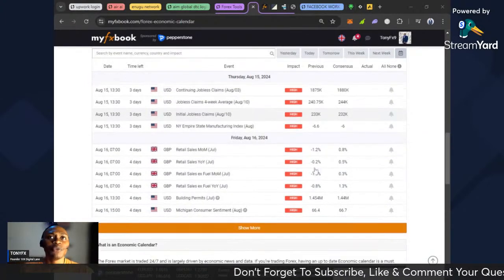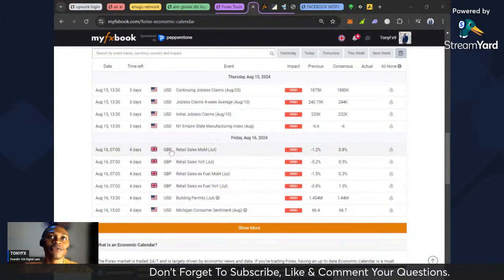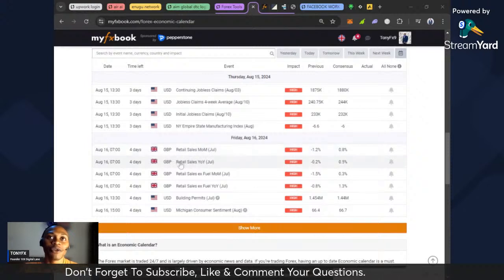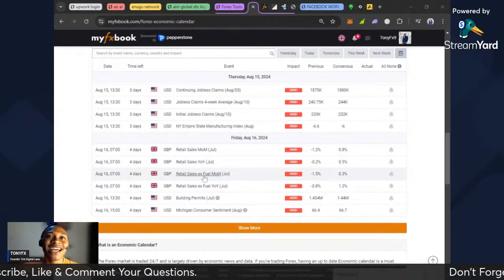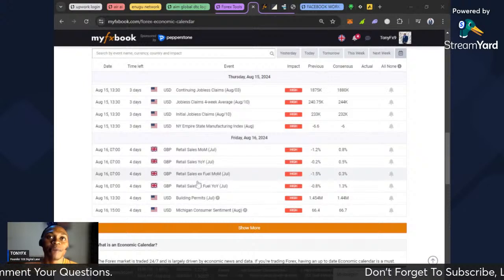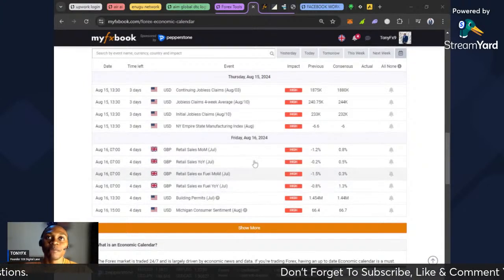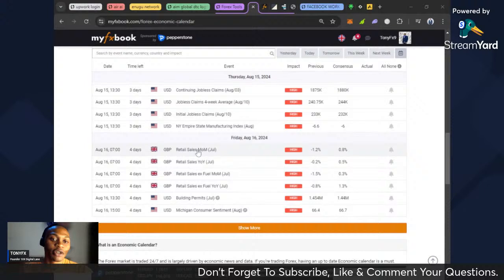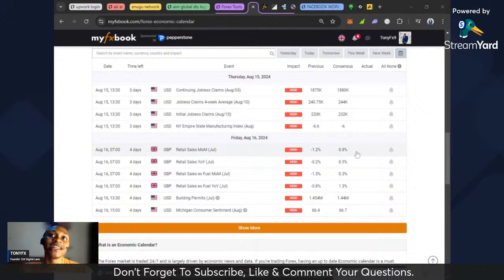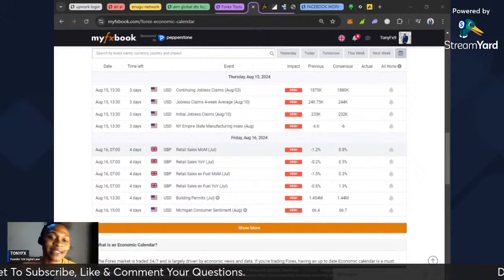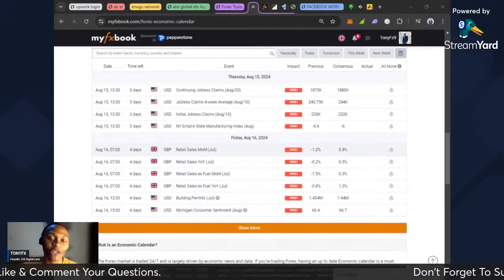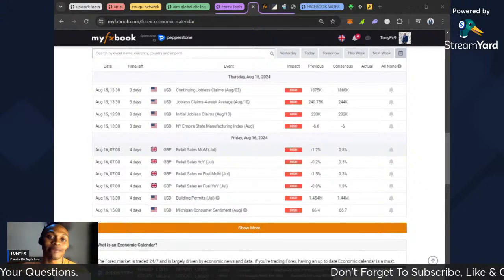Then to wrap up the week on Friday, we have retail sales month over month for the Great Britain pound, year over year for the Great Britain pound, ex motors, ex month over month and ex year over year for the Great Britain pound. We'll be more interested in the retail sales month over month. If you see an increase in retail sales, which means I'm producing sandals within London and people within London are coming to my shop to patronize my store, then it is